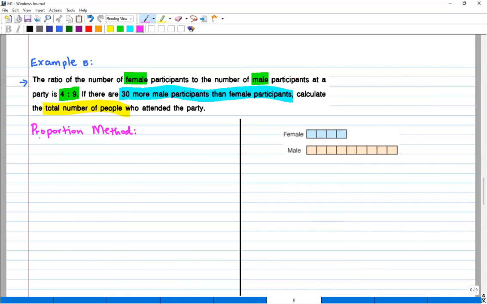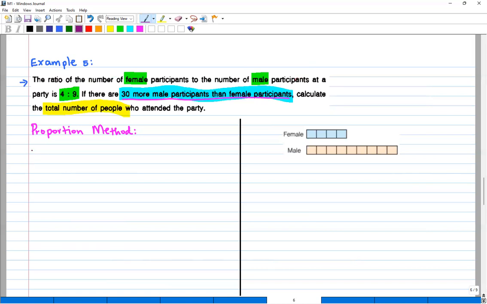Okay. Now, we have been told that the ratio of female to male is 4 to 9. If there are 30 more male participants than female participants, look at this statement. So it means that